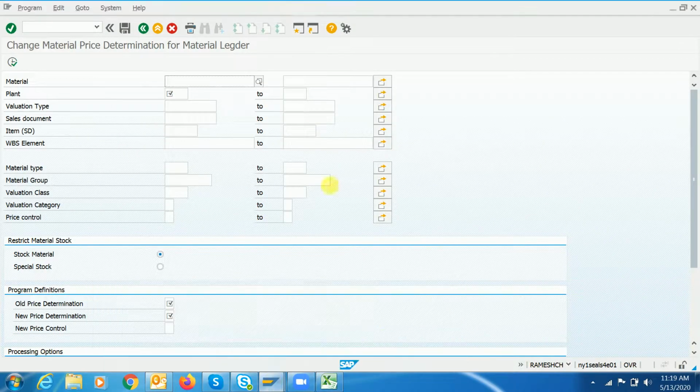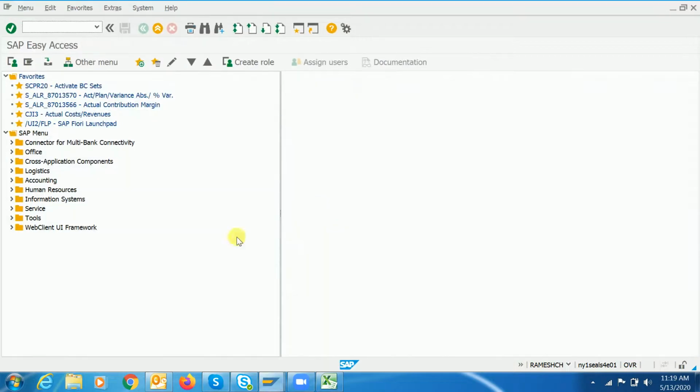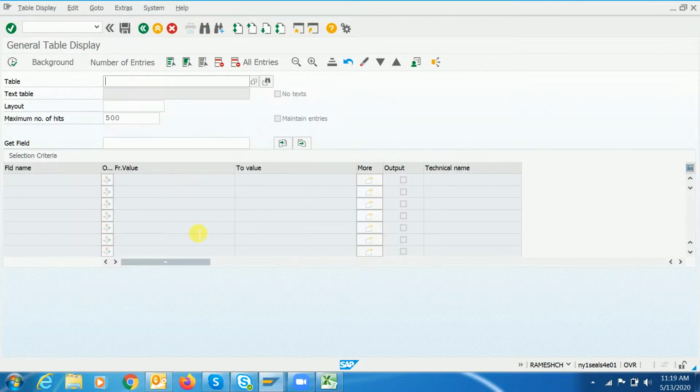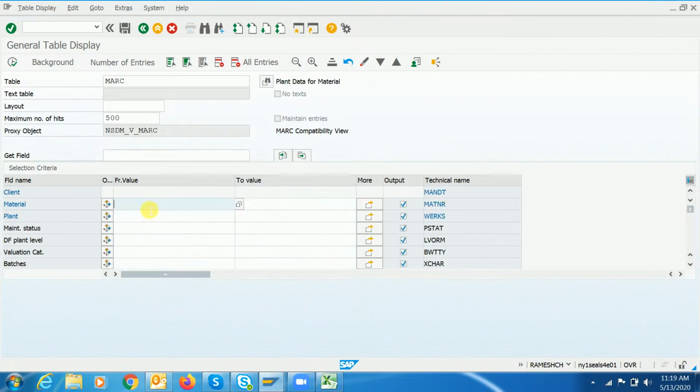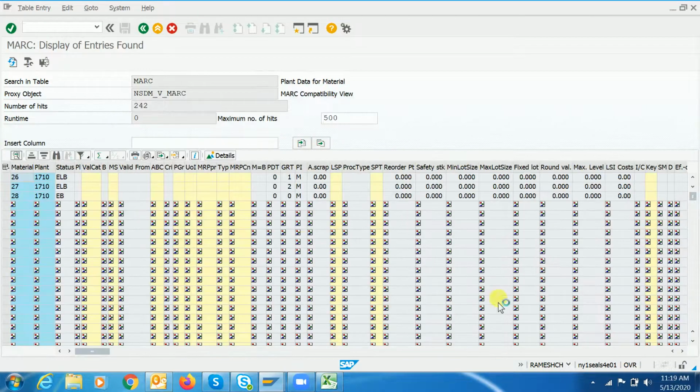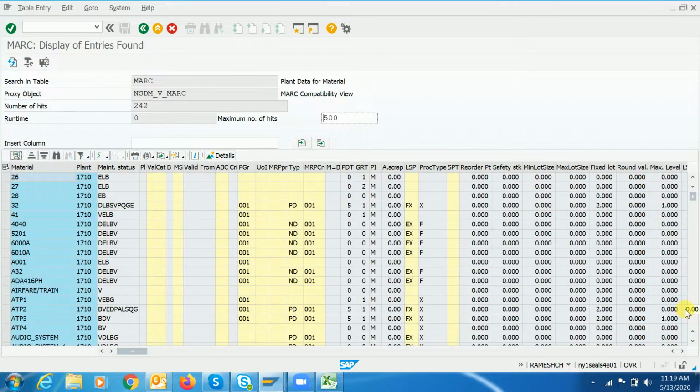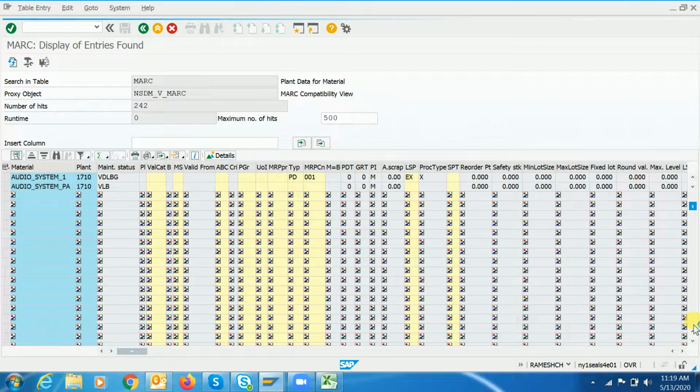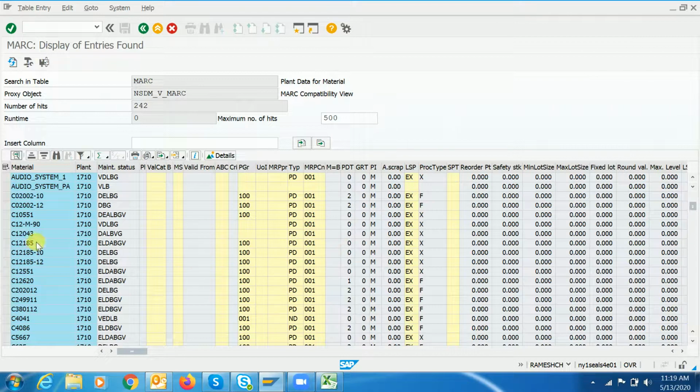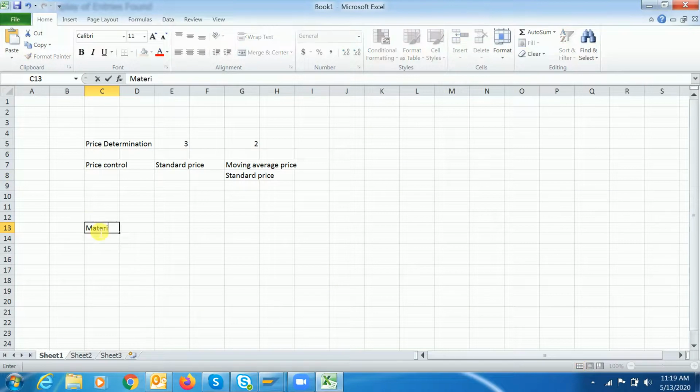Let me pick a material. For testing purposes I took this material, guys.